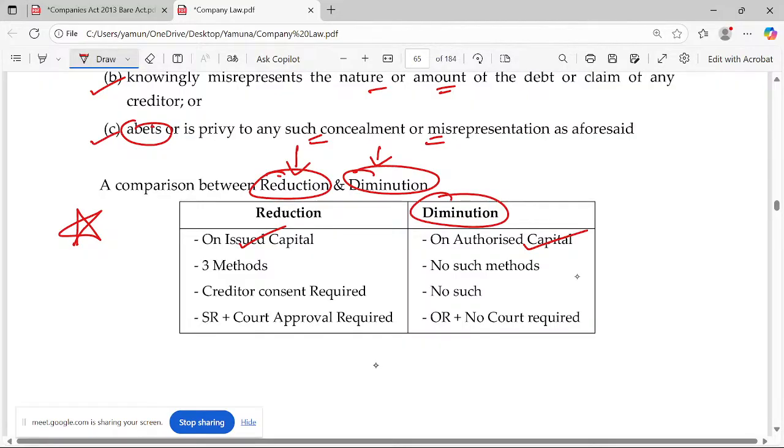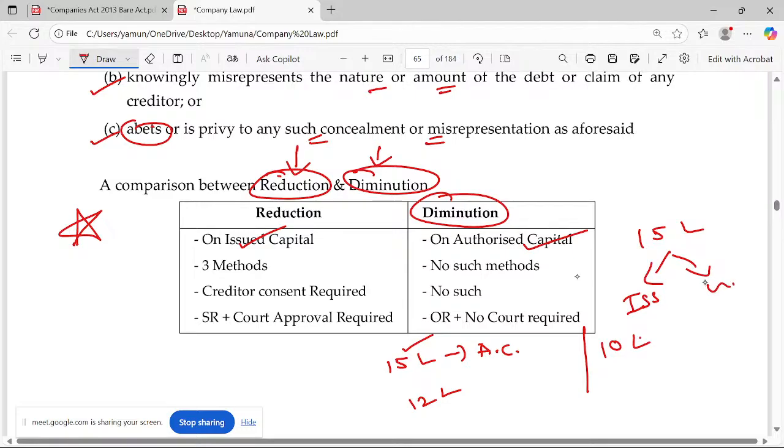Just remember, ABC company has 15 lakh as authorized capital, which means the nominal capital. This is mentioned in the Memorandum of Association. Now, what the company thinks is, instead of having 15 lakh shares as authorized capital, let me reduce it to 12 lakhs. Probably the issued capital may be 10 lakhs. Among the 15, the issued capital is 10 lakhs, and the remaining 5 lakhs is not issued, not subscribed. The company thinks that instead of having this 5 lakhs, let me have 2 lakhs, which means it is diminishing 3 lakhs. You cannot use the word reducing.